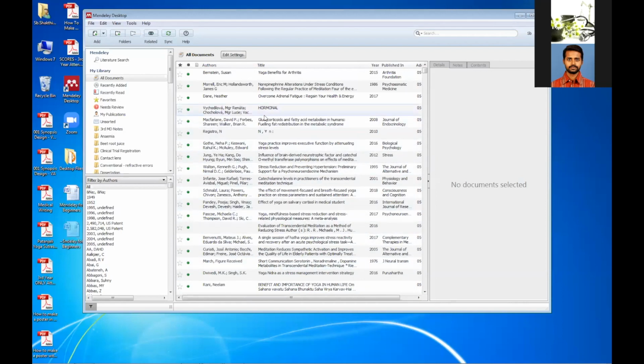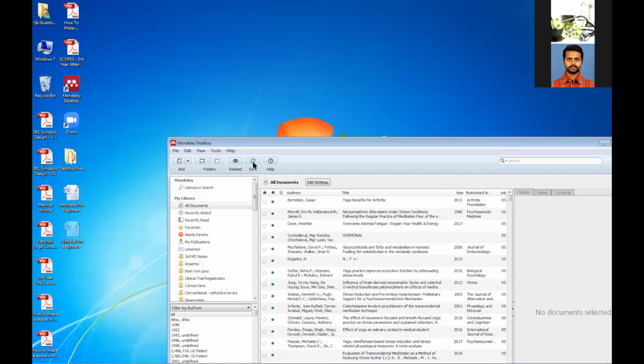Work whatever you want, search whatever you want, and add the documents to the Mendeley online. Come to your hostel, connect to whatever system you have. Just press this button called sync. The top corner you can see a button called sync.